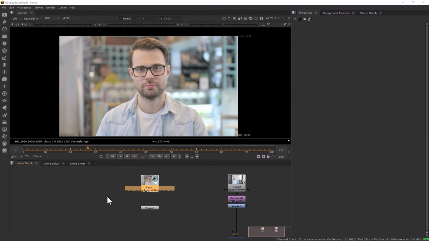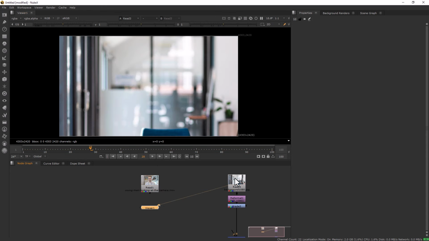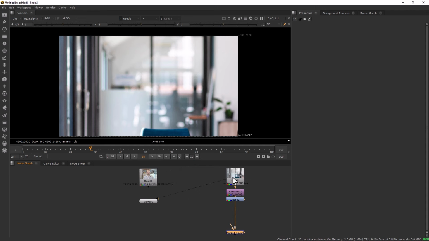Here I am inside Foundry Nuke. Let's look at the footage. A guy is looking into the camera. What I'm planning on doing is human matting. So basically I would like to remove the background and replace it with this background. I've already reformatted, I've already matched the whites and blacks, and I've got a merge node B-pipe set to the